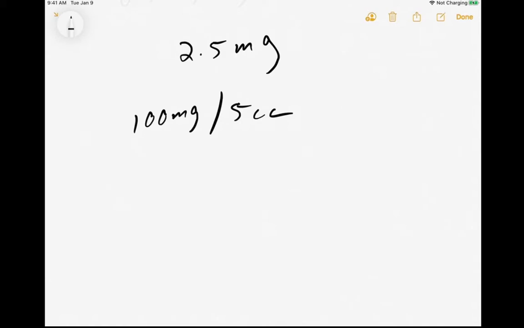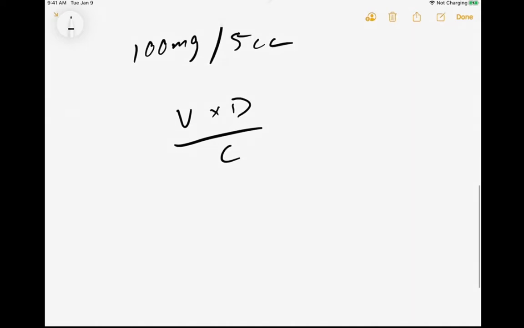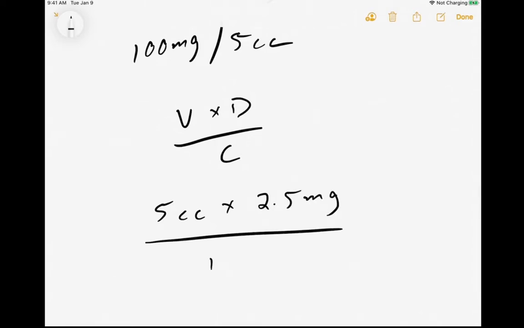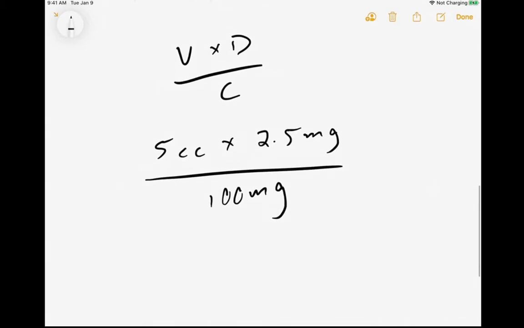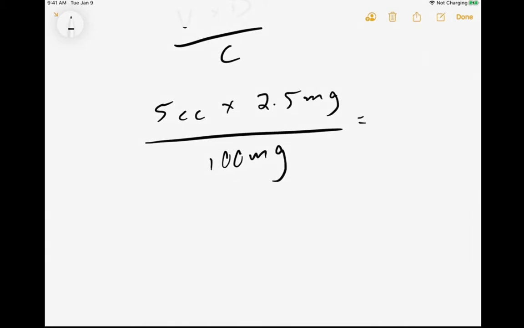And we're going to use the bolus formula, volume times dose over concentration. Okay, so our volume is going to be 5 cc's. Our dose was 2.5 milligrams. And our concentration is 100 milligrams. So 5 times 2.5, that's going to equal 12.5 over 100. We're going to move the decimals over a little bit, and that's going to give us